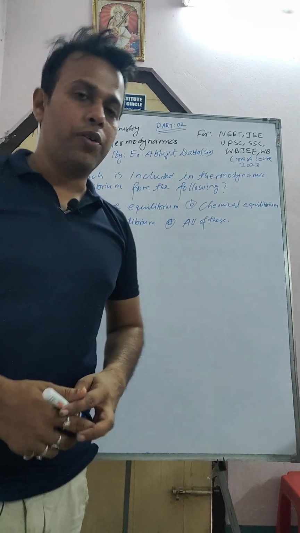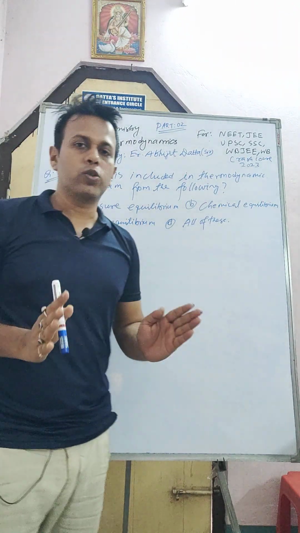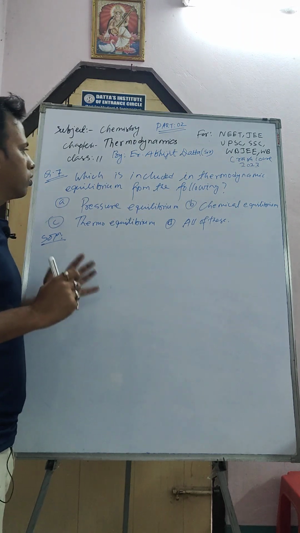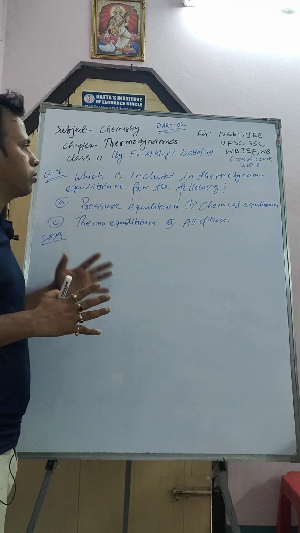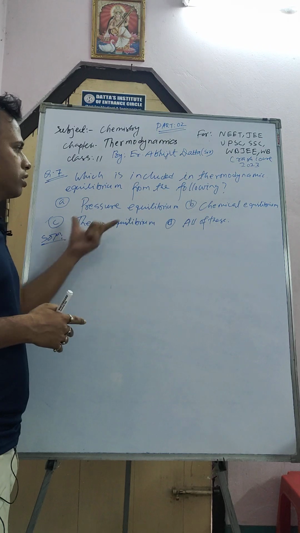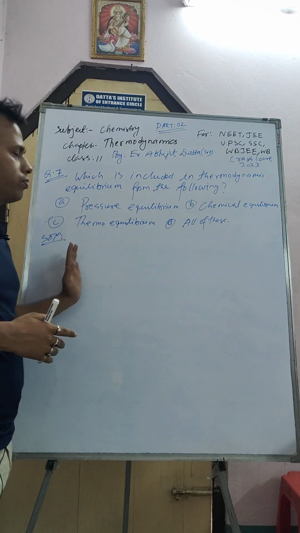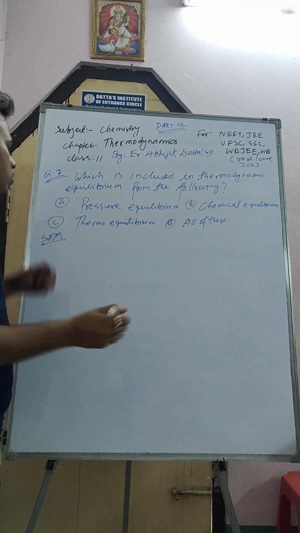So students, our next question, that is question number 7. Question number 7 is like that: which is included in thermodynamic equilibrium from the following? That is pressure equilibrium, chemical equilibrium, thermo equilibrium, or all of this. Which is included? Okay, so we have to remember,